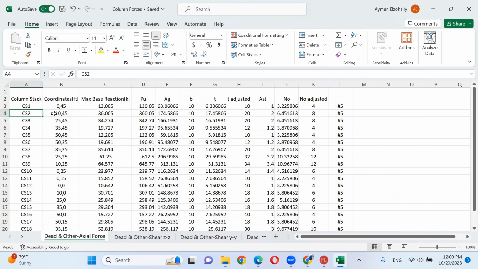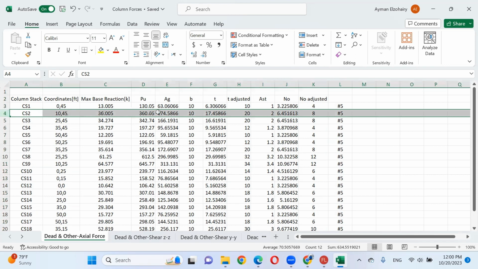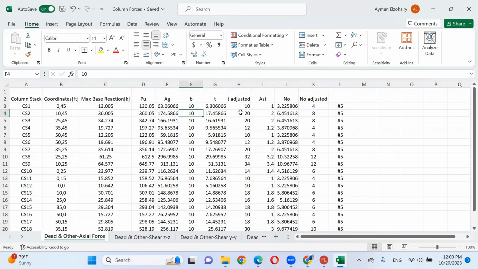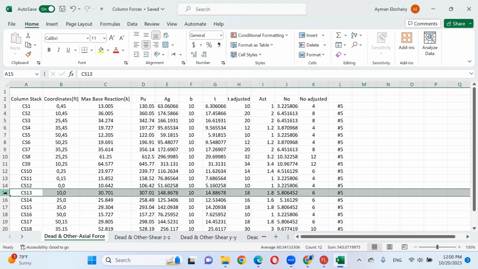At 10 and 45, this is the coordinate. The design of this column is 10 by 20, 8 rebars, number 5. This column, for example, column CS number 13, where is this column? At 10 and 0, coordinates. The design of this column is 10 by 18, 6 rebars, number 5.